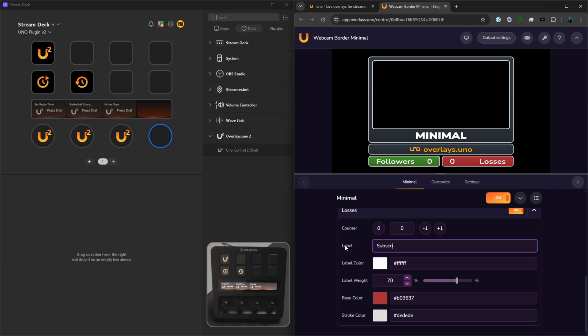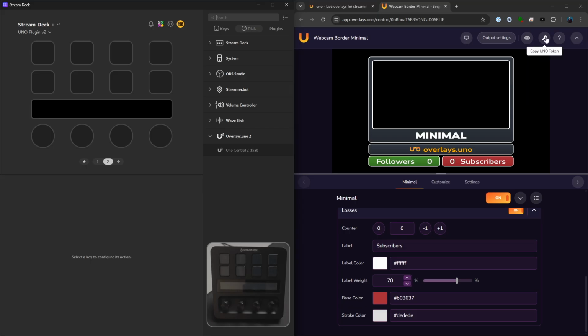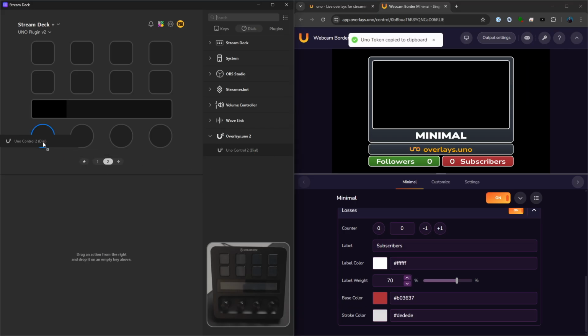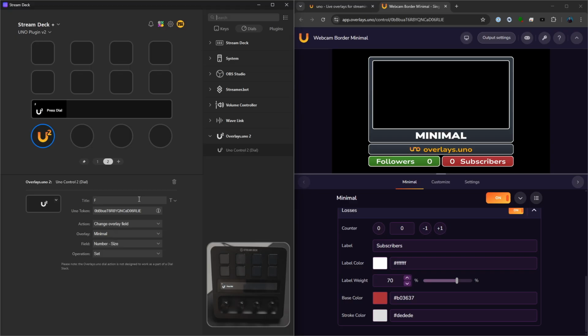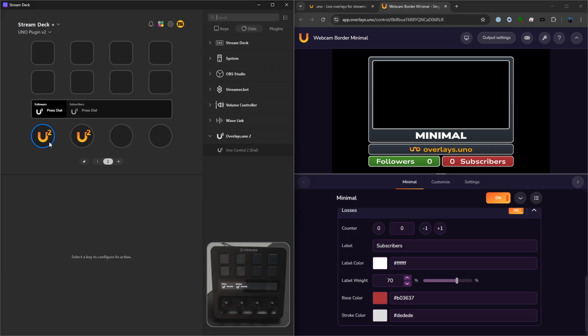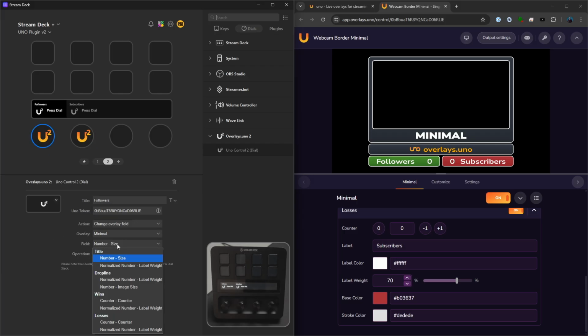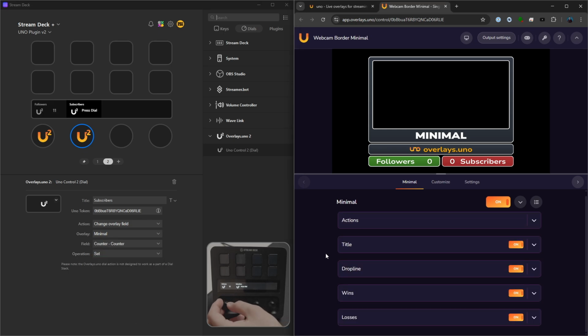versus subscribers. And if I create a new page, we'll copy the token, click and drag this in, we'll paste it over here. This will be our followers, then copy, paste. This will be our subscribers. With the first one, we'll change the wins counter, and with the second one, we'll change the losses counter. And now we can set our follower counter